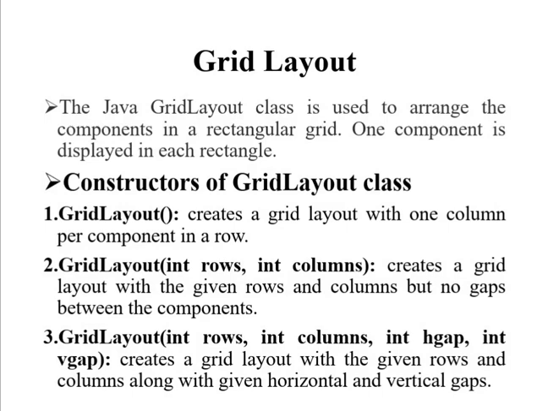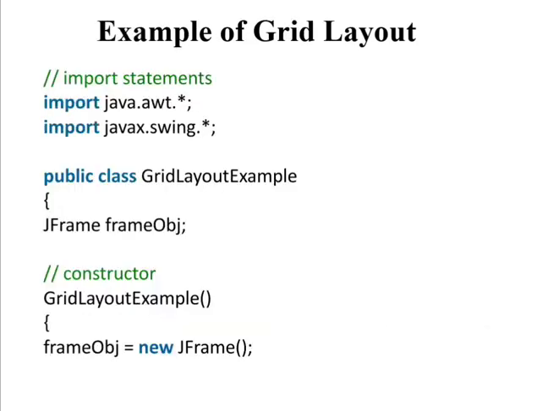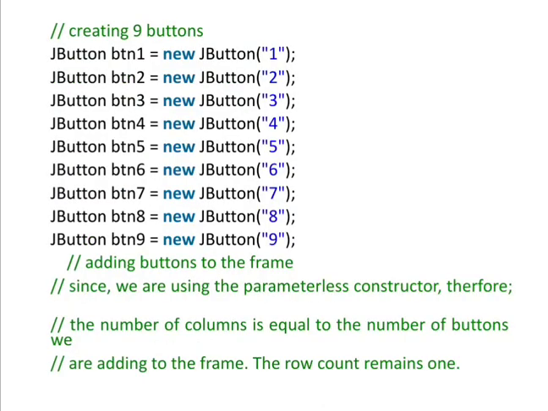Then adding the buttons to the frame. Since we are using the parameterless constructor, the number of columns is equal to the number of buttons we are adding to the frame, and the rows count remains 1. Frame obj dot add b1, frame obj dot add b2, frame obj dot add b3, b4, b5, b6, b7, b8, frame obj dot add b9. Setting the grid layout using the parameterless constructor, that is frame obj dot setLayout